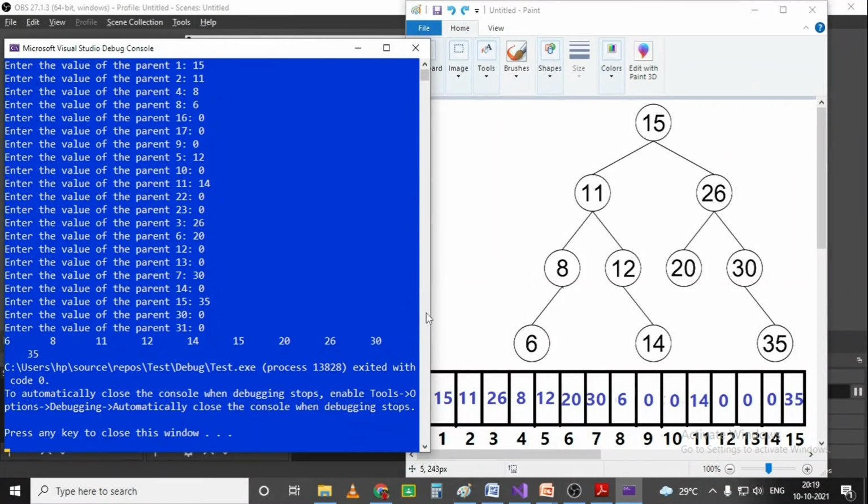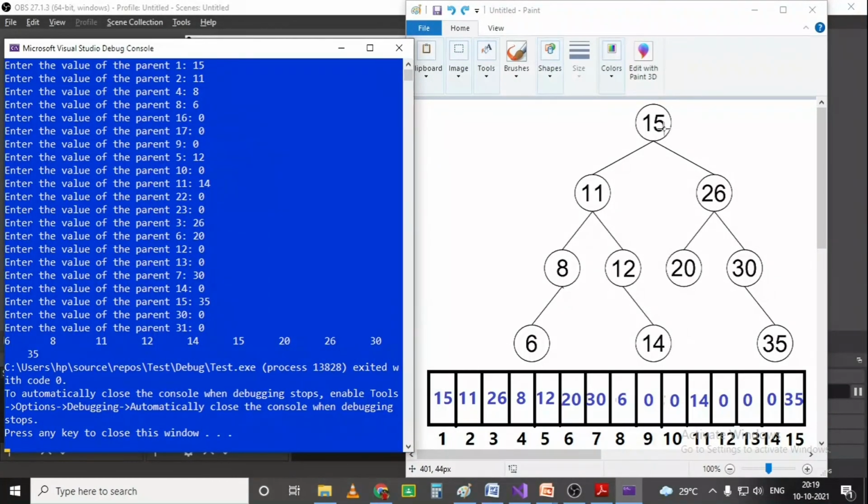So let us check whether we have got the output correctly. So manually, if you evaluate the traversal result, from 15 we will come to 11, from 11 we come to 8, and 8 to 6. So 6 should be printed. After 6 we will be printing the parent. So 8 is printed, and there is no right child, so we will print 11. So 11 is printed. Then we go to the left child of 11, and then there is no left child for 12, so 12 is printed, and after 12 its right child is printed.